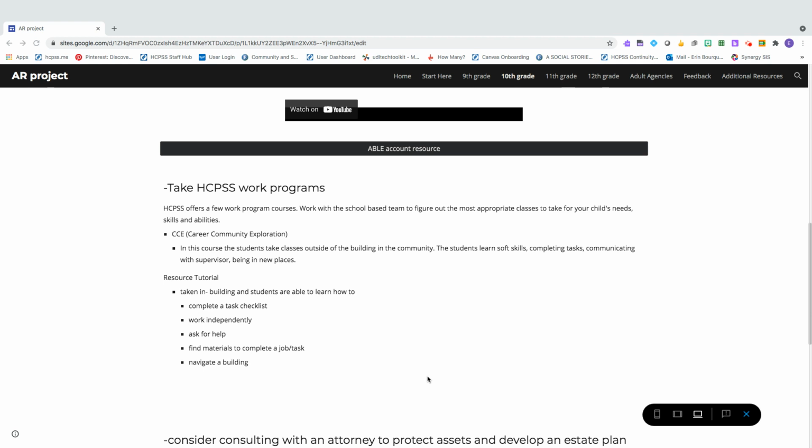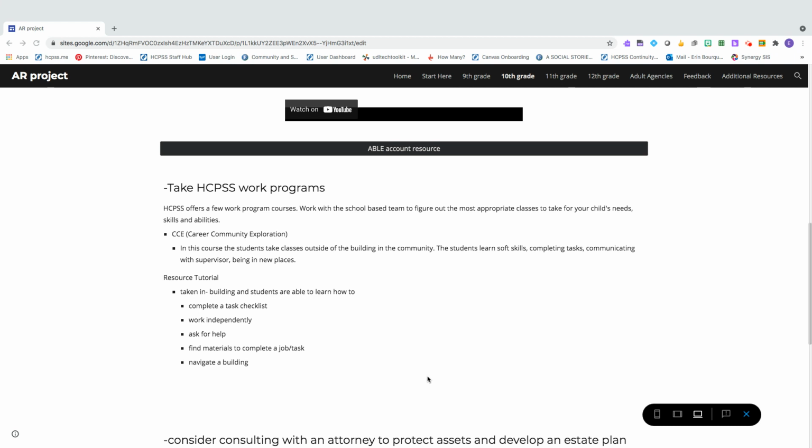CCE would be a course where students are exposed to the community. They're going to go out into the community, work on soft skills, like completing a task, communicating with a supervisor, being in a new place, taking a bus, school bus, and working in a community environment. Some of those places might be a greenhouse, grocery store, maybe a library, maybe another school,